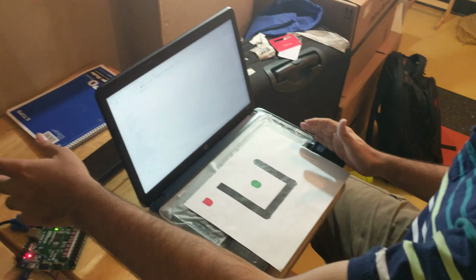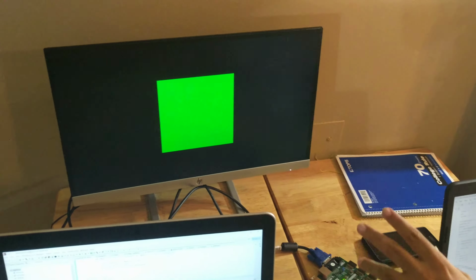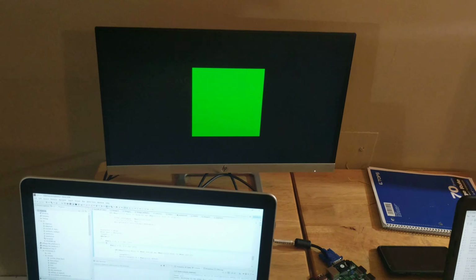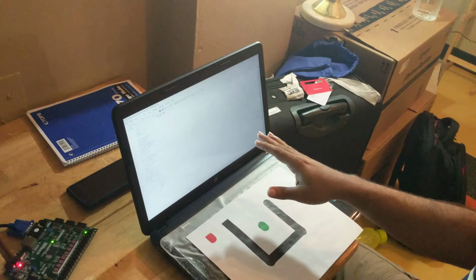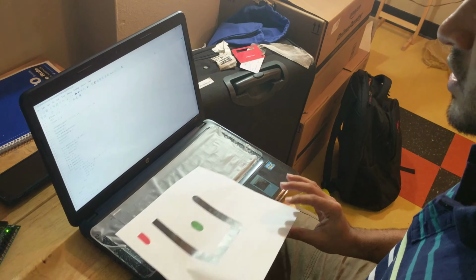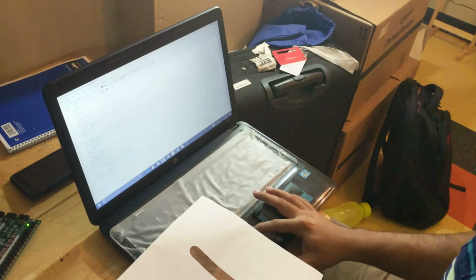So you could see the screen. Now it's blank. So now we first have to load the image, which is this image. I'll be using the MATLAB algorithm here, and I'll first hit run. Okay.